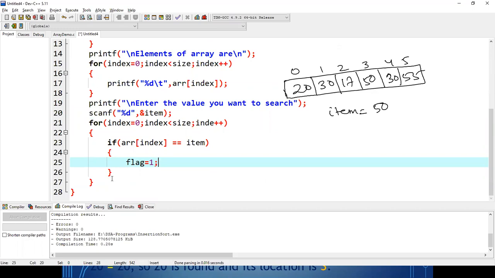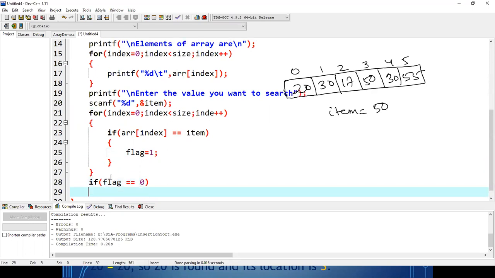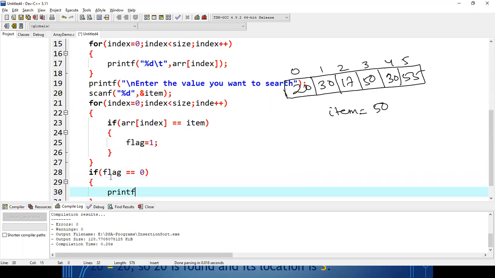Done. So outside the loop, I'll check the status of the flag. If flag equal to 0, print the value %d is not present.